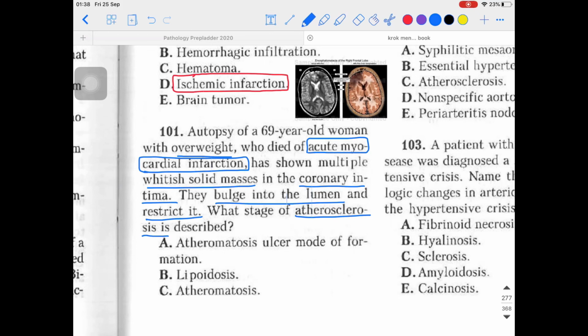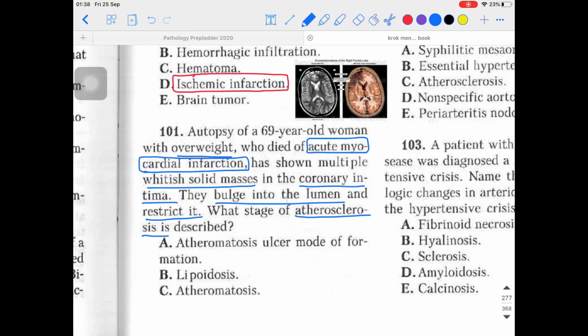Now guys, we have many stages of atherosclerosis on the basis of microscopic findings. I will put them in the notes in the description box below; you can give it a read there. However, I am just naming them verbally. There are 6 stages. The first one is the pre-lipid stage, then the stage of fatty streaks, which has the lipoidosis, or you can say the stage of lipoidosis.